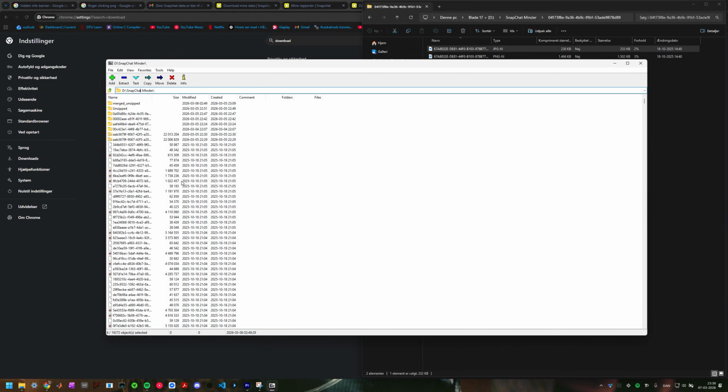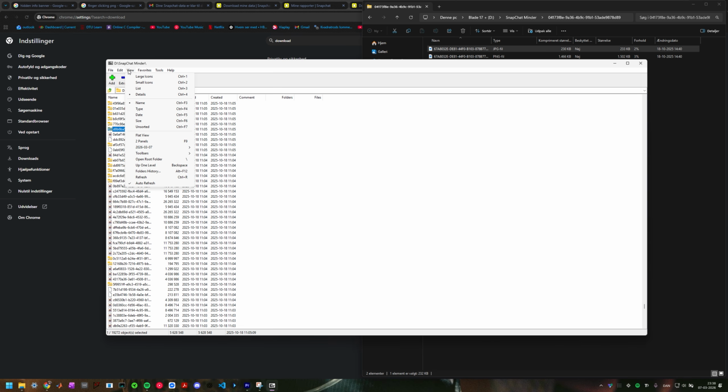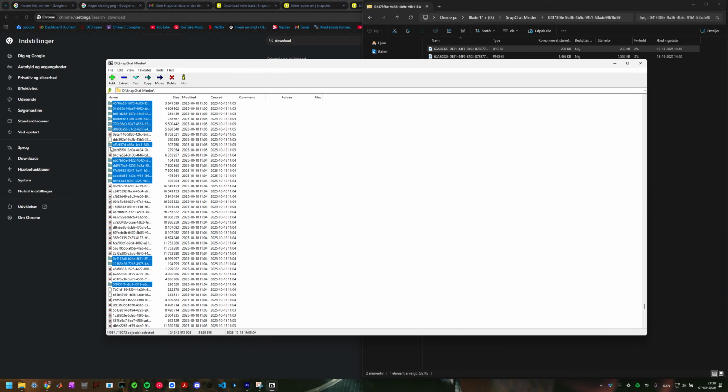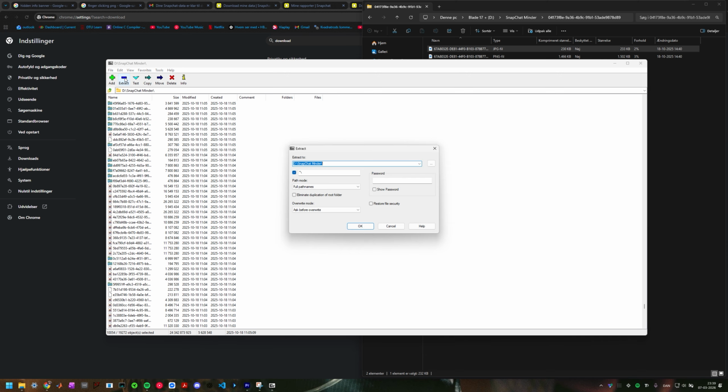Let me see, view, select by type. When you have select by type enabled, once you click a type, it will pick all the zip files. Then what you will do is you say extract,